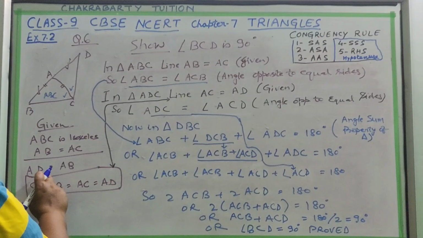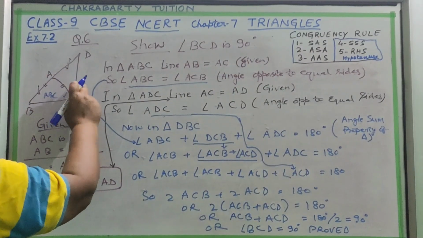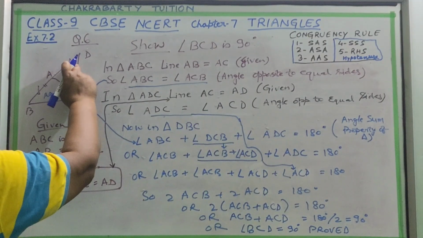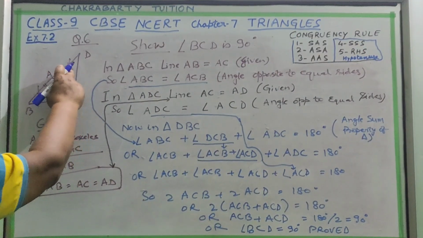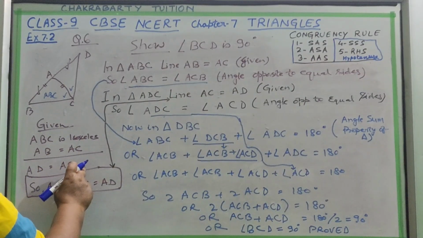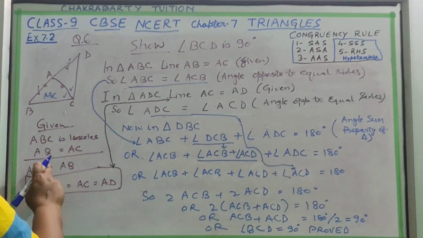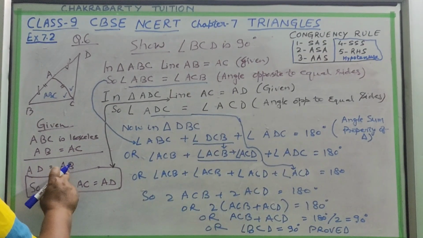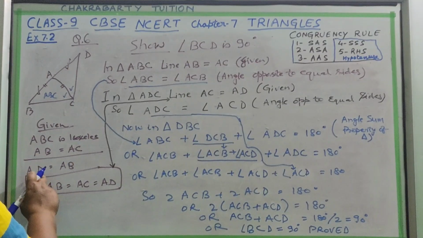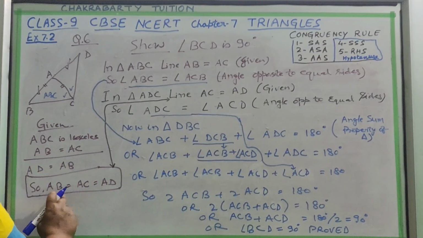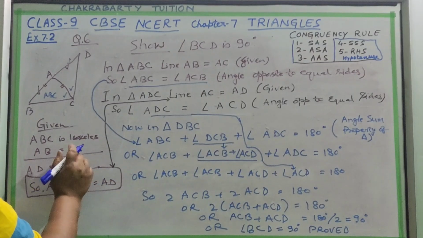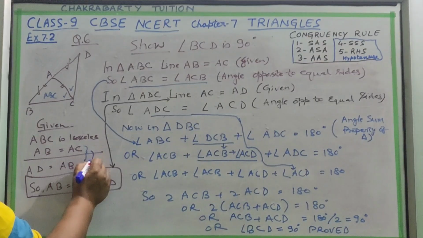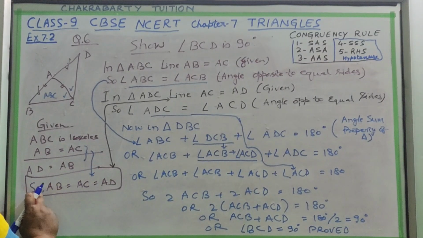And what do they further write? It is extended in such a way that AB is equal to AD. AB line is equal to AD. Okay, AD line is equal to AB. This is also given. Now here you see, if AB is equal to AC, and again you are writing AB is equal to AD, it means AB is equal to AC and AD. So these two things prove this one. So that's why we are writing it, these two things will prove this thing. Okay, here it will come.